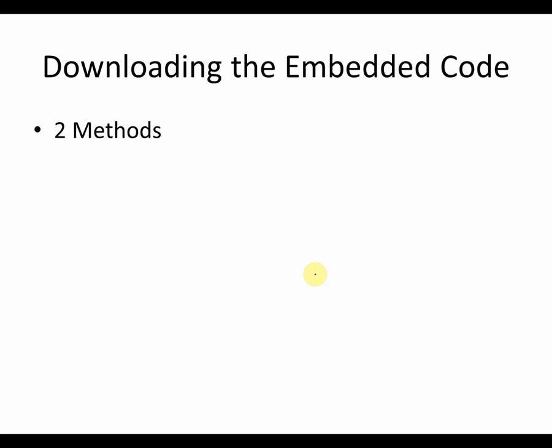The second method is using ISP. Now certain target embedded systems contain a piece of hardware called ISP that has a hardware interface to both the computer as well as the chip. Okay, so there is one interface present to both computer as well as chip, so it becomes easier. Fine. So these are the two methods in case of downloading the embedded code.